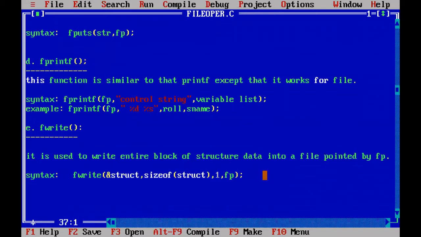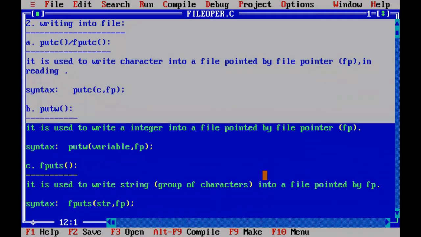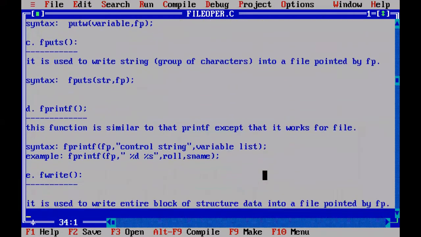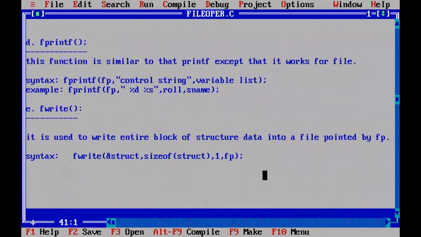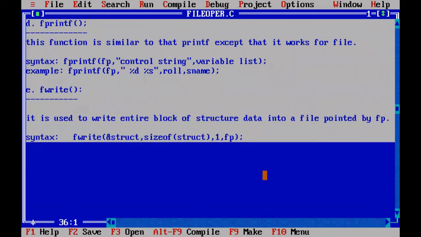And I want to modify the same thing. So we are going to discuss the third point, reading data from the file, which is exactly opposite to writing data into a file. Let me copy this one and paste it, and with little modifications, I am going to modify the writing operations into reading operations.